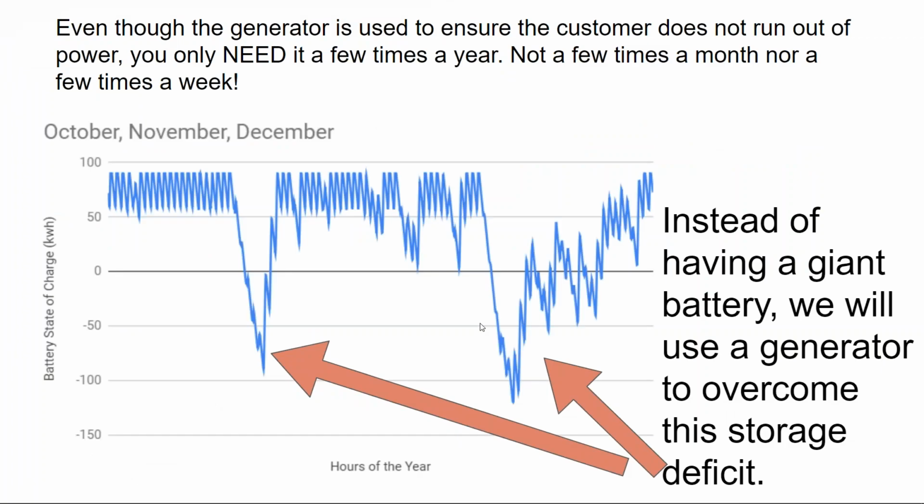Now, for that matter, that's why I think it would be better to go with a smaller generator rather than a larger generator, simply because it's cheaper. So I'd rather have a 5 kilowatt generator that runs for 10 hours a day on that winter day when I really need it than a 25 kilowatt generator that I only run for 2 hours a day, but it costs 3 times as much money. The point is you're just not using the generator very often.